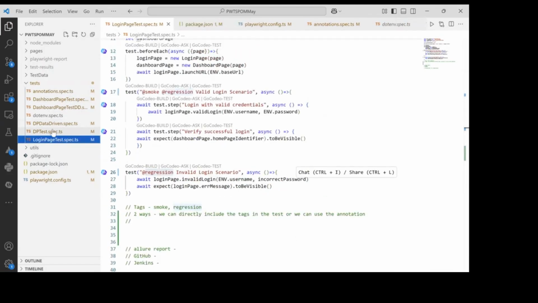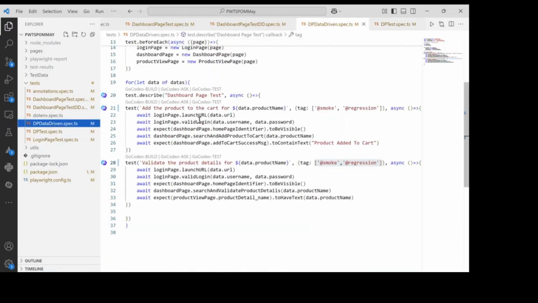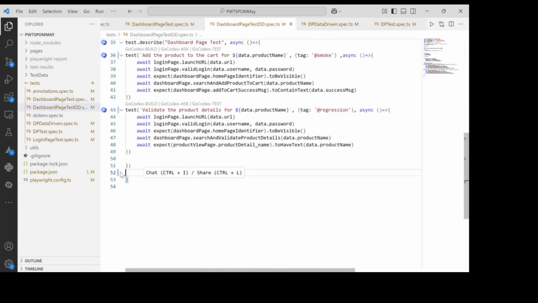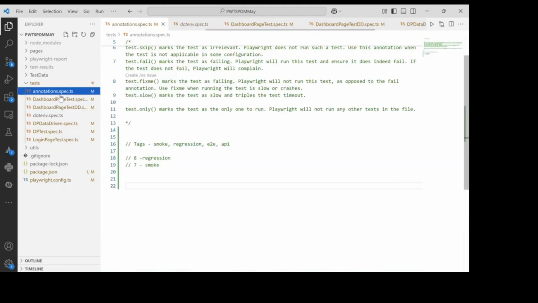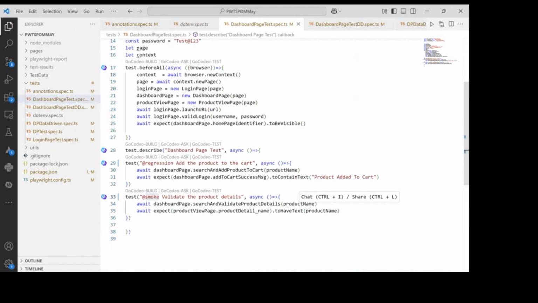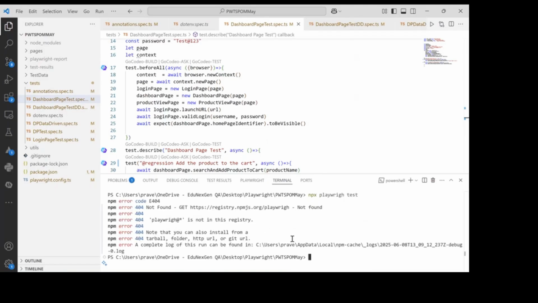Let's also check if we have anything which is marked as part of skip or only test case. We do not have any test case that has been marked as skip over here. Just remove this. And this one is also okay. So now when you try to run the test cases, let's say npx playwright test. So if you see, it says 14, I believe, but